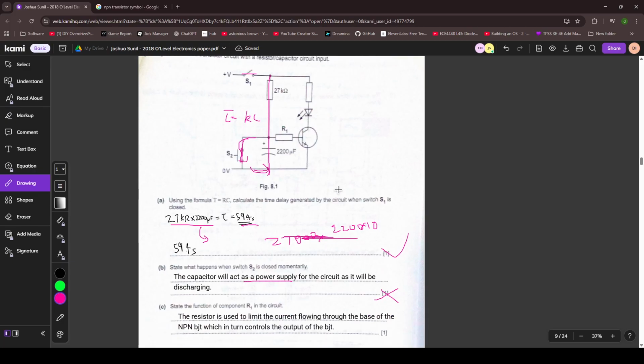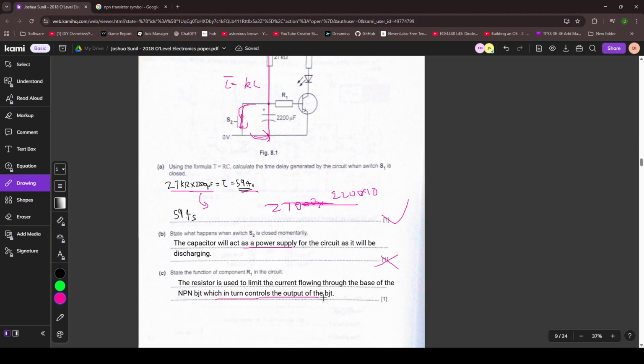The resistor is used to limit the current flowing through the base of the NPN BJT, which in turn controls the output of the BJT. This part is not really necessary. The resistor is used to limit the current flowing through the base. That is correct. You'll get the mark here, but I would have preferred if you told me what's the point